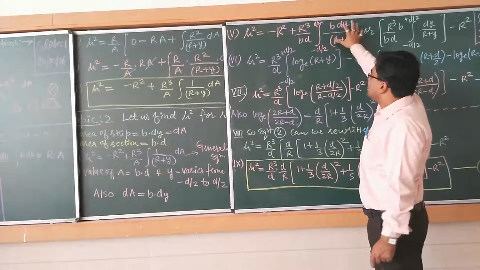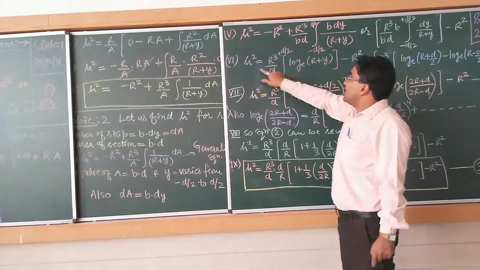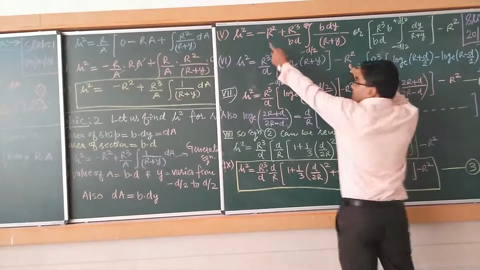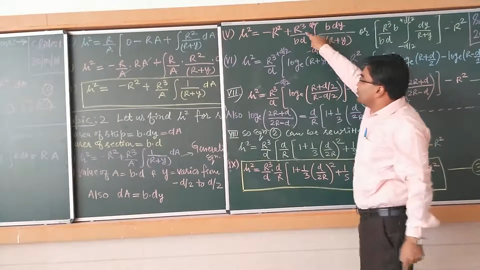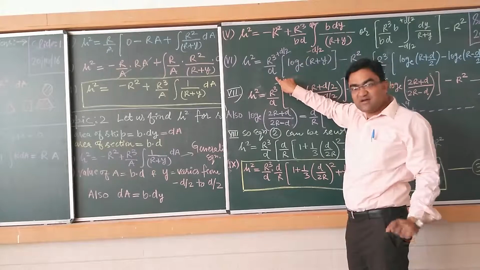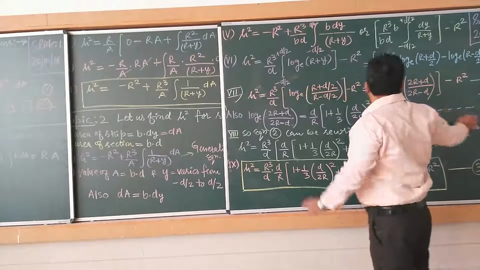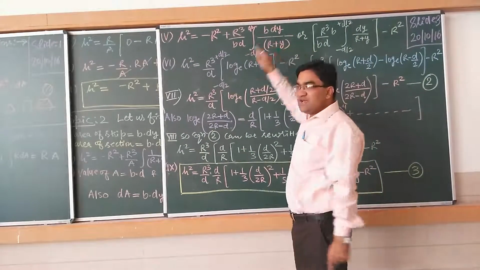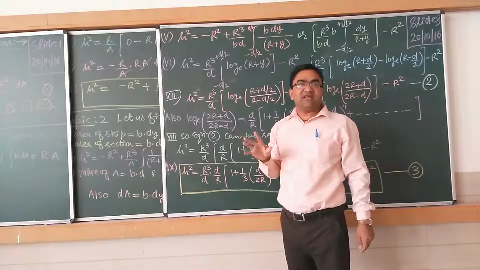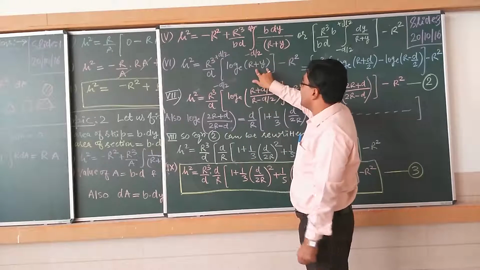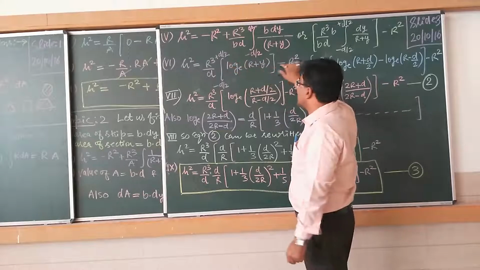Now, we will be solving this equation. Now, x square will be equal to, this term I have taken ahead, minus r square, I brought it back here, r cube upon bd. b cancels with b, so only d will remain. So 1 upon r plus y, the integration of 1 upon x is equal to log of x. So this is log of r plus y, from minus d by 2 to d by 2, minus r.